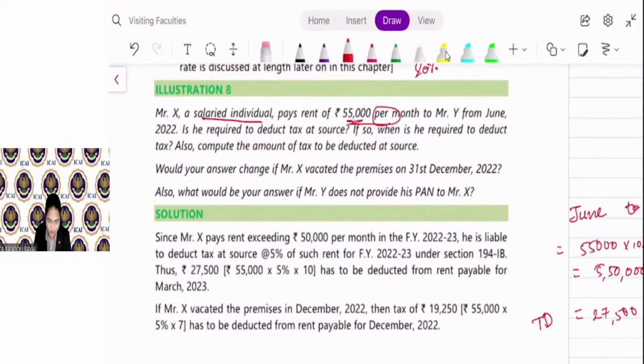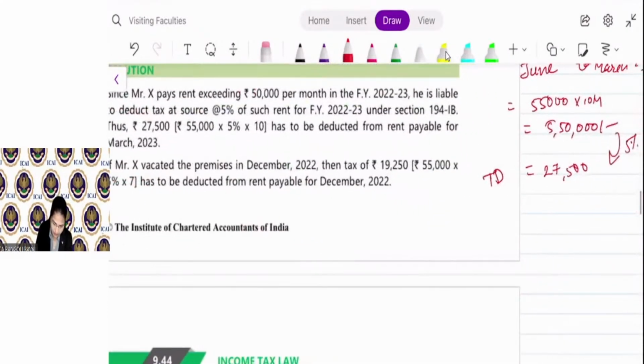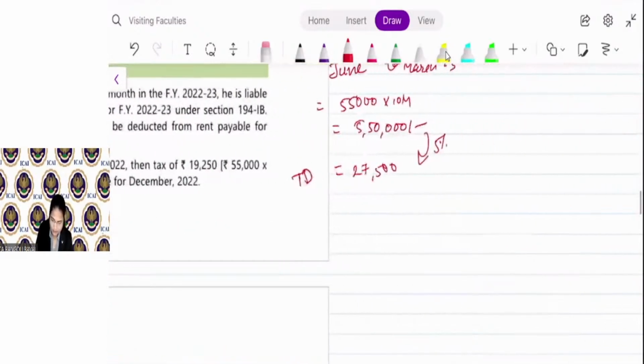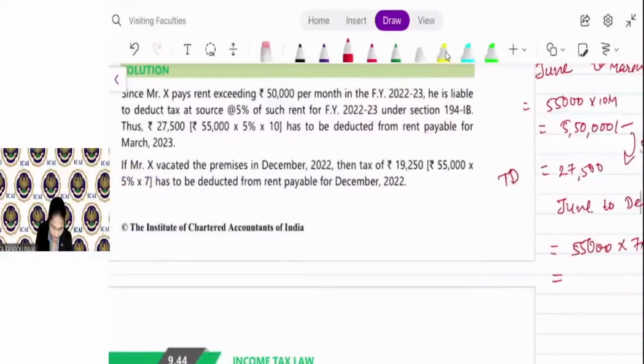Chalo, next is, would your answer change if Mr. X vacated the premises on 31st December 22? Yes. Why? Because up to 31st December, the rent comes to for 7 months. That is from June to December. So 55,000 into 7 months. It comes to